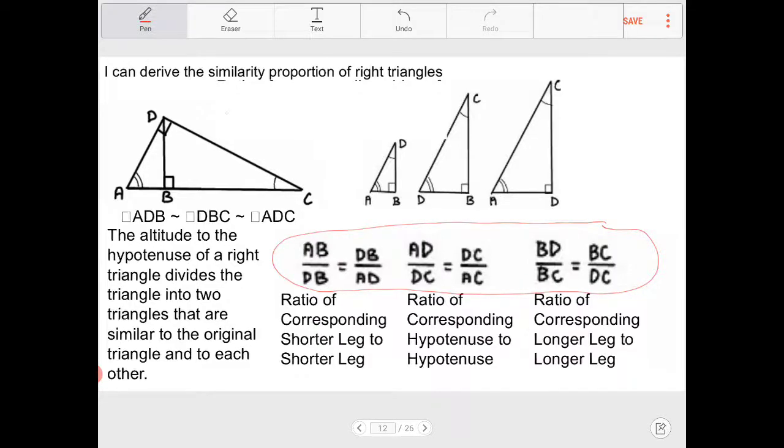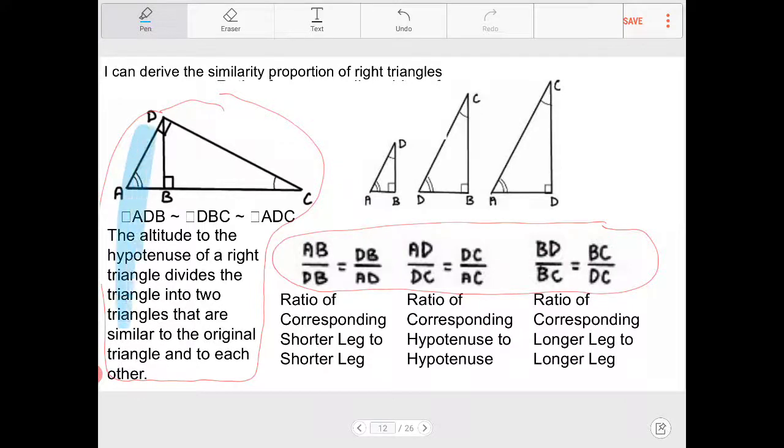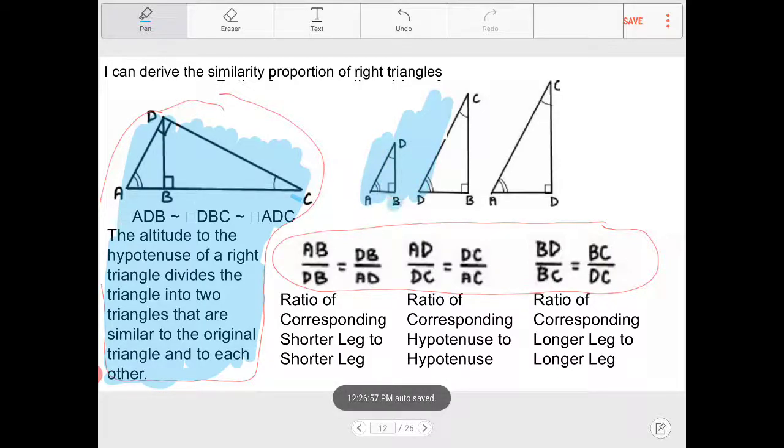The main takeaway is this paragraph here. Let me use a highlighter. The main takeaway is this paragraph here. If you can remember, or not remember, but understand that if you have a right triangle and you draw the altitude from the right angle to the hypotenuse, what you will form are three similar triangles, which is this guy here. And once you can make that connection, and once you have that understanding, then you can recreate those proportions that I've circled there in red,